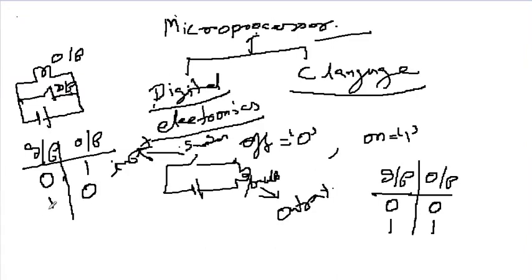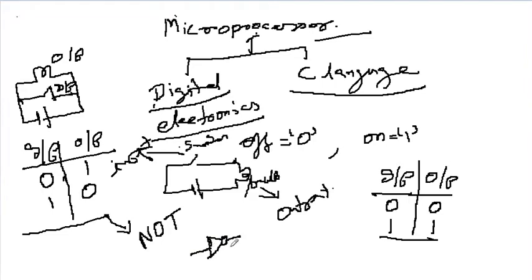That means this is a type of gate and the earlier one was another type of gate. This type of gate we call a NOT gate, because if you say yes in the input, you get no in the output, and if you say no in the input, you get yes in the output. We symbolize this in the circuit diagram like this. This is the symbol of the NOT gate. So these foundations of digital electronics help us understand the 0 1 concept and how our system actually works in a computer.